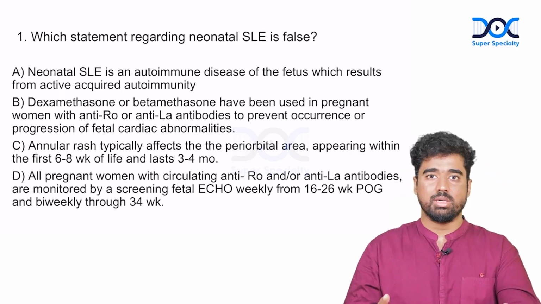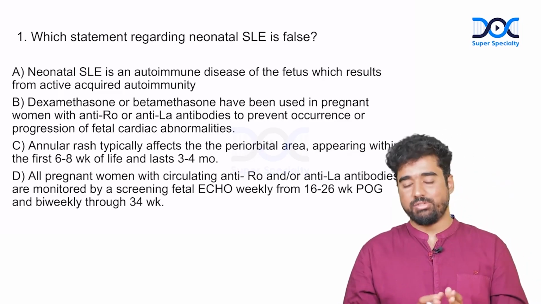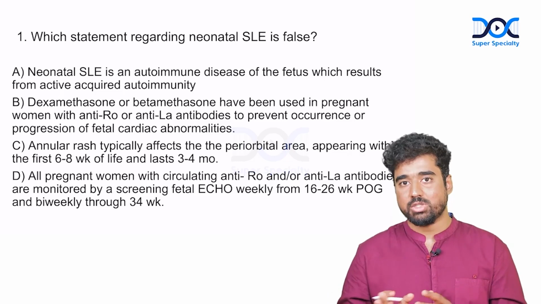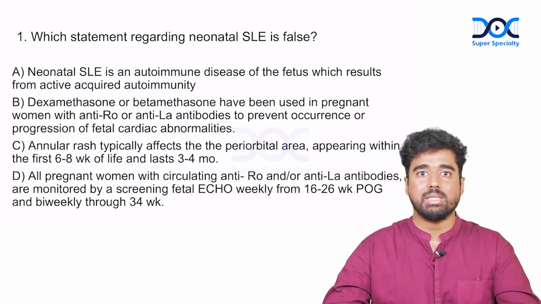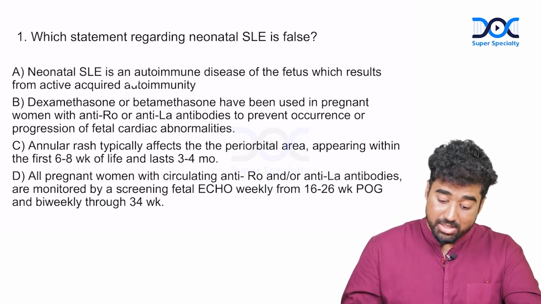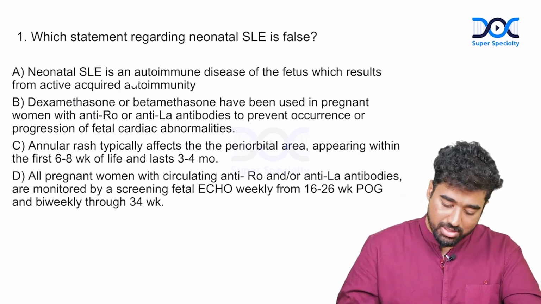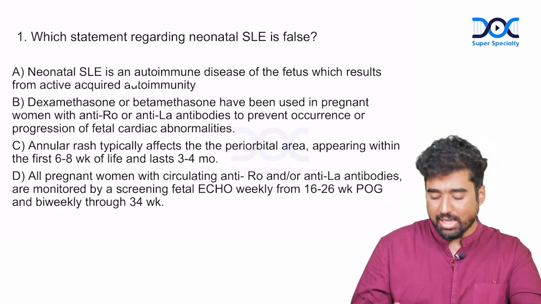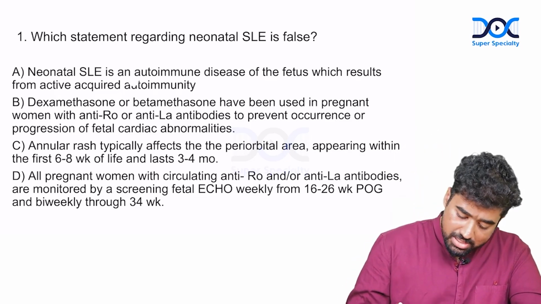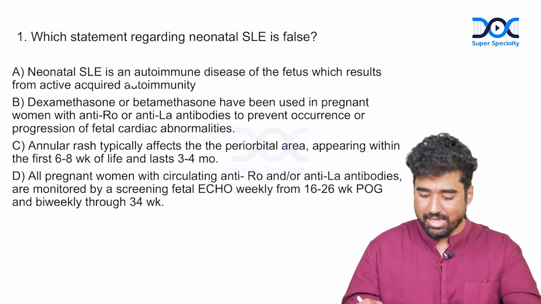First question, the options are very important. You have to actually know the concept of each option. Even if you got the answer right, it's not a big issue, but you have to focus on the discussion here. So here the answer is option 1, because it's not an autoimmune disease of the fetus directly, and there are